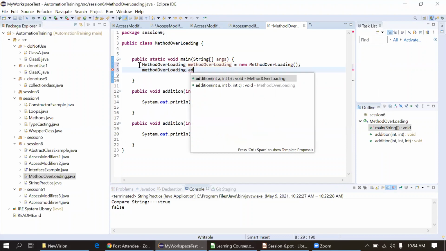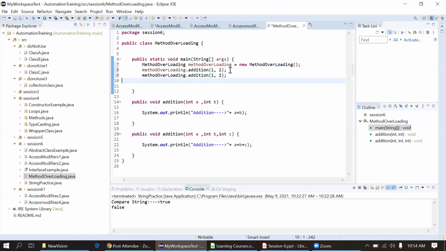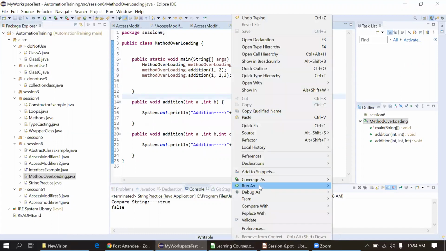Now it is giving me two suggestions, one with 2 parameters, one with 3 parameters. I can simply pass 1, 2. I'm copying this again, and this time I will pass 3 parameters, 1, 2, 3, and I will see the output.